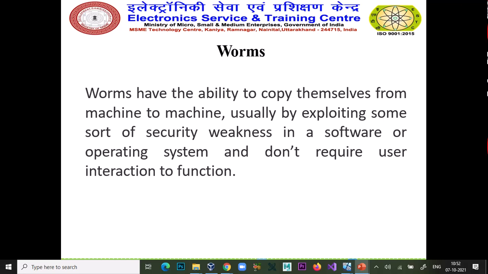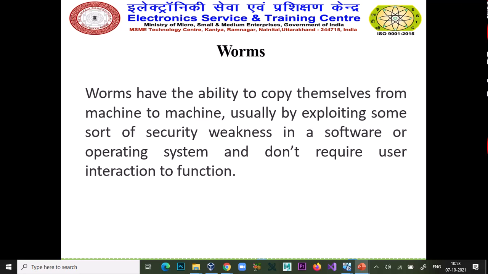Worms. Worms have the ability to copy themselves from machine to machine, so they don't need human interaction. They copy themselves usually by exploiting some sort of security weakness in a software or an operating system, and don't require user interaction to function.